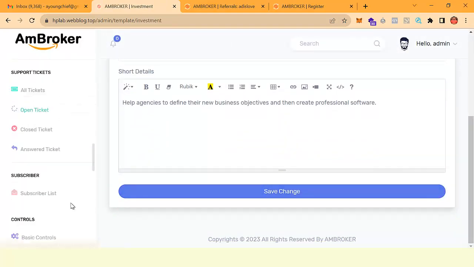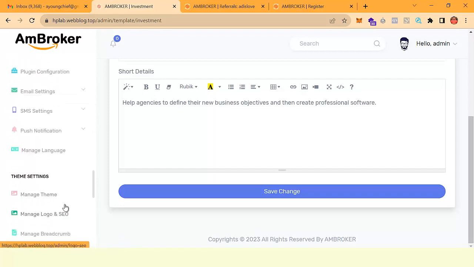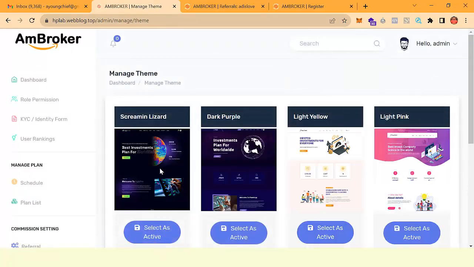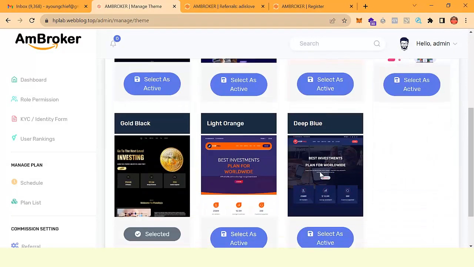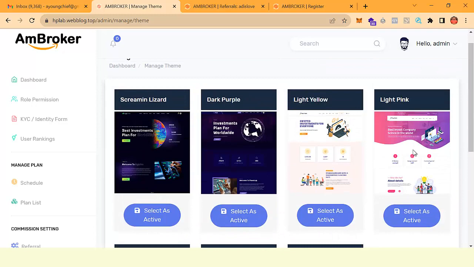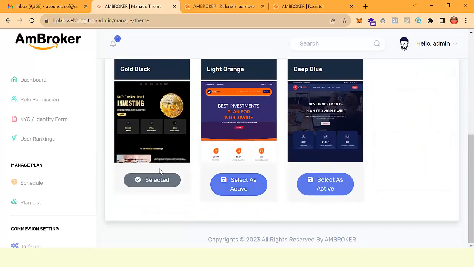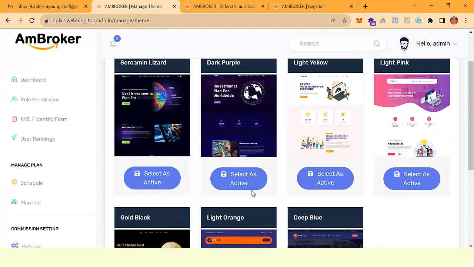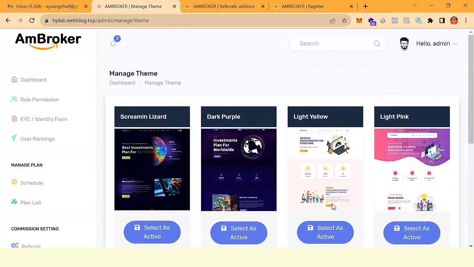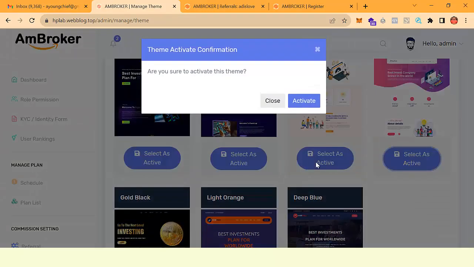So let me show you another very powerful feature. If you come here to manage theme, you can see all of the themes. Can you see that? You can actually activate 1, 2, 3, 4, 5, 6, 7. So this website has 7 themes. You can see the particular theme I'm using now. This is the selected one that I'm using now. So you can actually edit it to any theme of your choice, right? So let's say you want to use this theme, or you want to use this theme, you can actually edit it. So if I select this now and activate it,